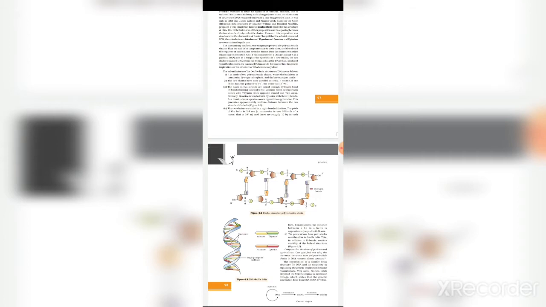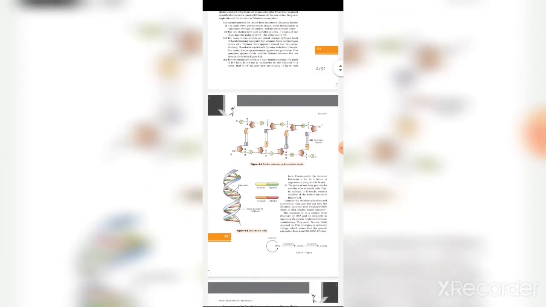After we finish the structure of DNA, we start with the topic central dogma. What is the central dogma in molecular biology? It states that the transfer of genetic information from DNA to RNA to protein is known as the central dogma. The process of central dogma involves three things: the first one is replication, the second one is transcription, and the third one is translation.